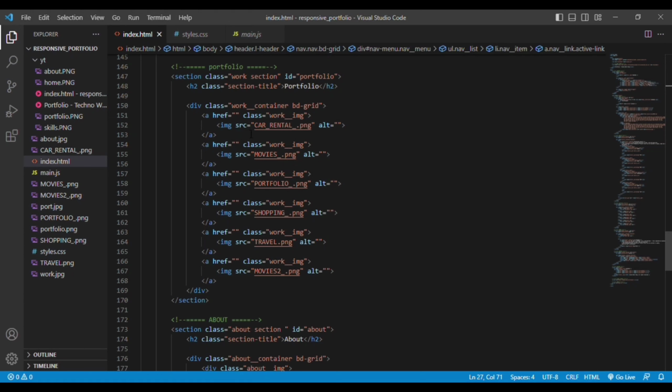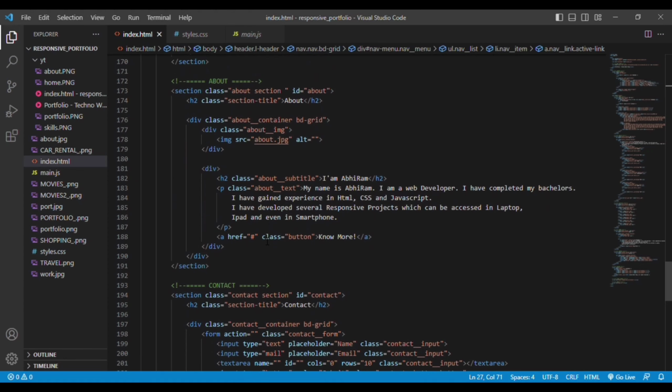The reason to add an anchor tag is that whenever you click on it, you can add the project link over here in the href section, and automatically whenever you click on that you will be moved to that page. So it is very good to have anchor tag combined with an image tag. So I've mentioned a few here. Then in the